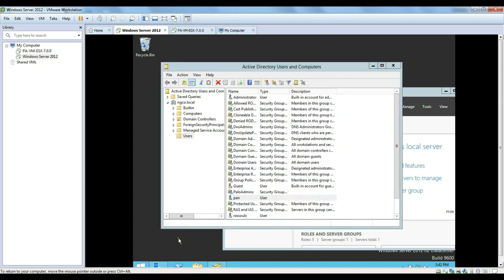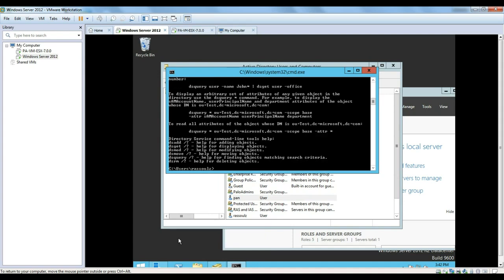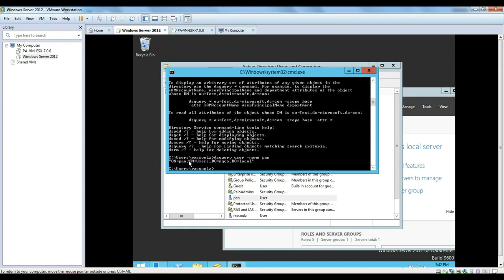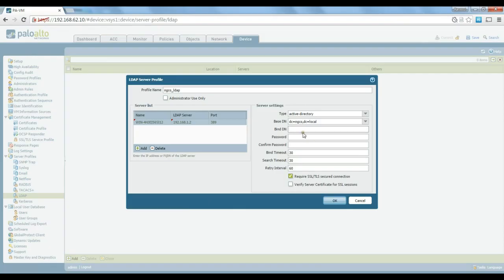So you could find this out with a command, the psquery command: psquery user -name, and it will give you the full DN for that specific user. So you just need to copy paste it. So psquery user -name and your username will give you the DN for that specific user. So you're going to use that in here. Type the password for that specific user again,